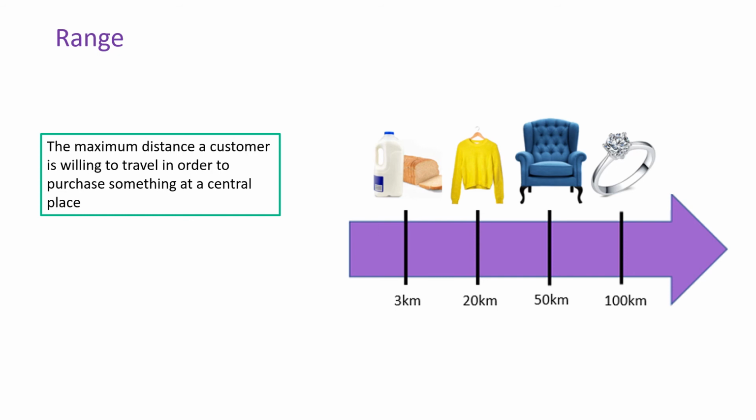And then finally your high order goods, and also functions. If you were going to get engaged to the love of your life, you would most definitely be willing to travel a lot further to get her the diamond ring. So that also says why there are so many more of the low order